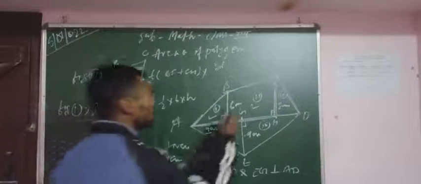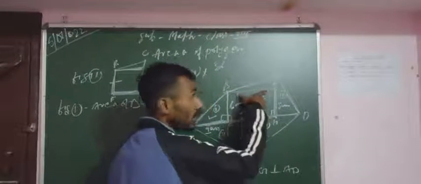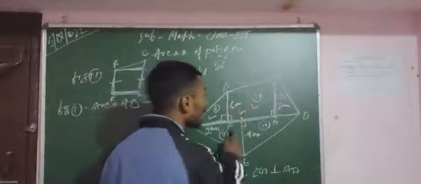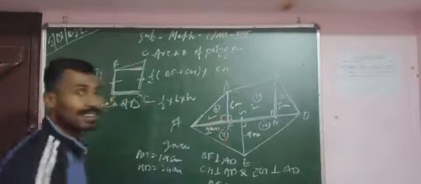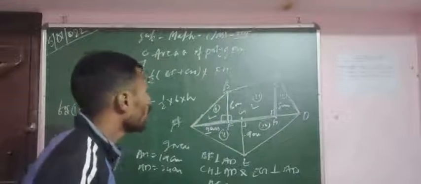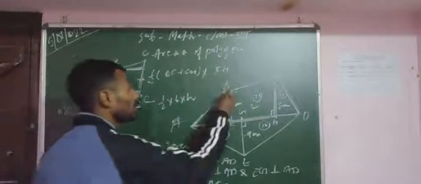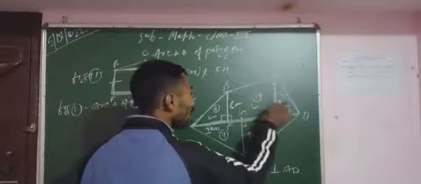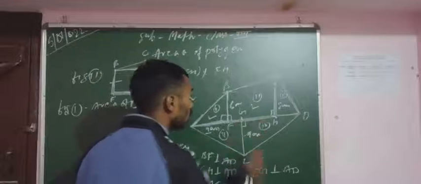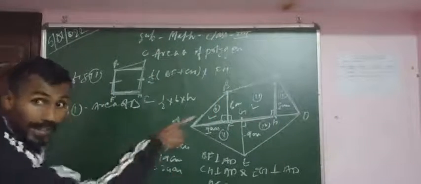Now suppose that you draw a line like that. Obviously this line is equal to this line, so we will consider FH as the height of the trapezium. And this is the required formula. Look at this: the value of this length and the value of this length are given, 6 and 8. Obviously you can calculate this value, and you can also calculate the value of h, which is given in the questions.